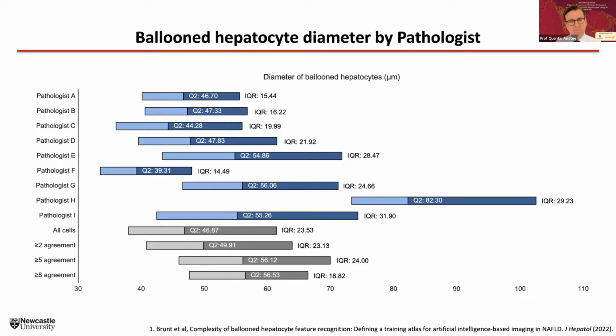We wondered if this was simply related to cell size, and certainly there is some indication that cell size matters. So pathologists here shown in red, who were willing to look at smaller cells and consider smaller cells to be ballooned, tended to see more balloon cells, whereas pathologists such as the one shown in amber, who tended to only consider very large cells to be ballooned, tended to see fewer balloon cells. So size is one part of the story, but it's probably not the entire story, and there may be more to that.